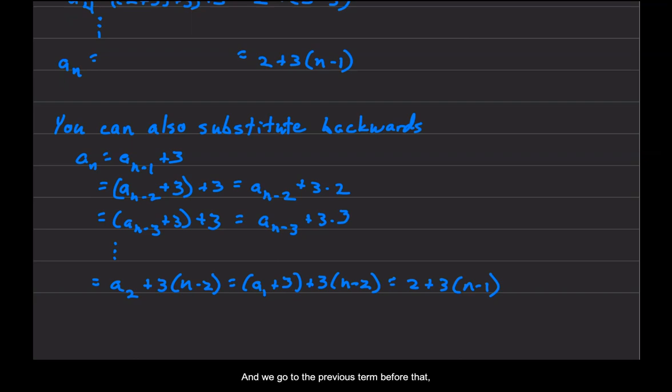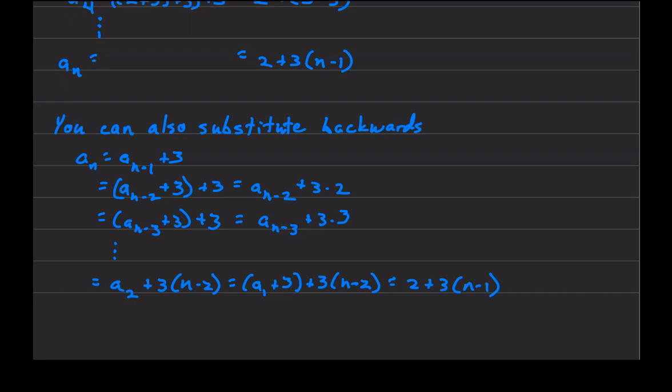And we go to the previous term before that, a_{n-3} plus 3 plus 3, and if we expand that out, it gives us a_{n-3} plus 3 times 3, and we generalize this as we work down towards the beginning,